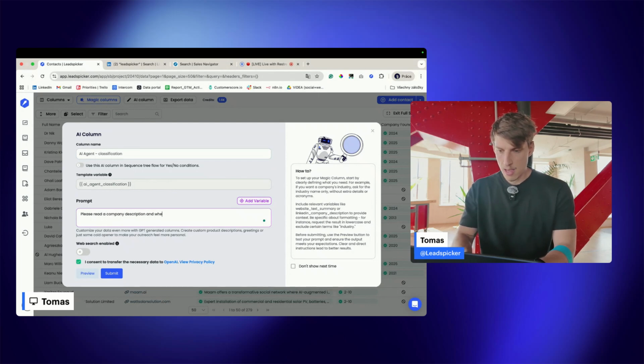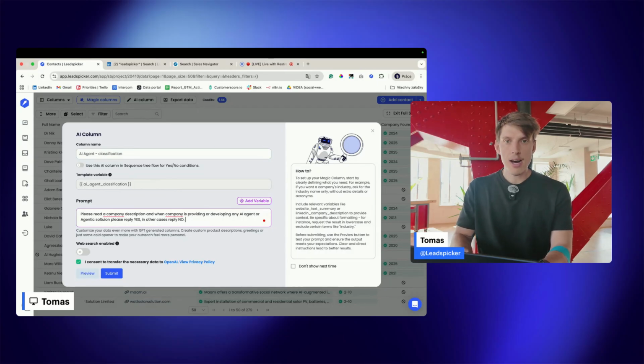Please read the company description, and when the company is providing or developing any AI agent or agentic solution, please reply yes. In other cases,